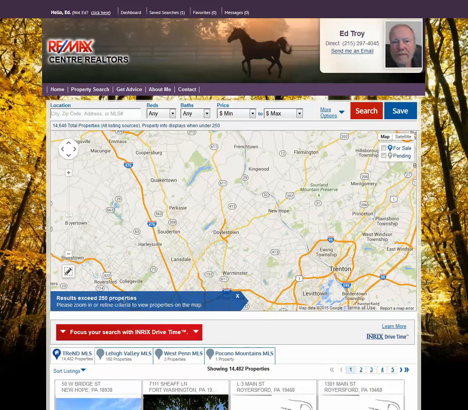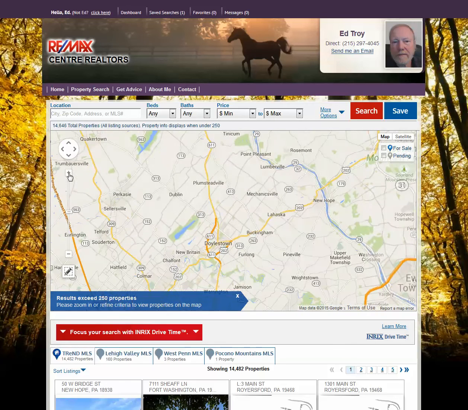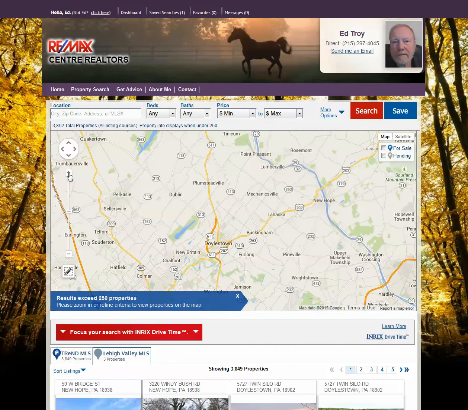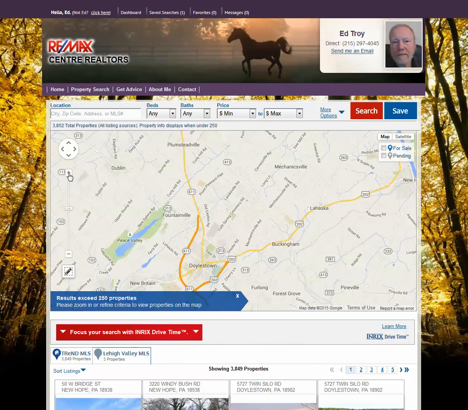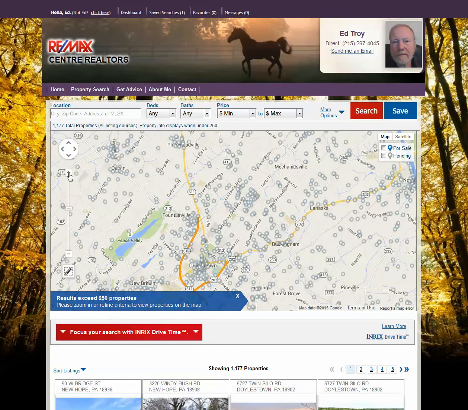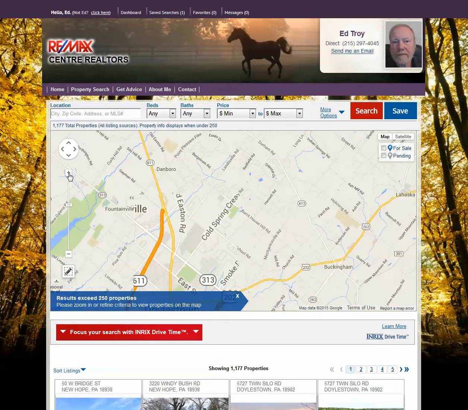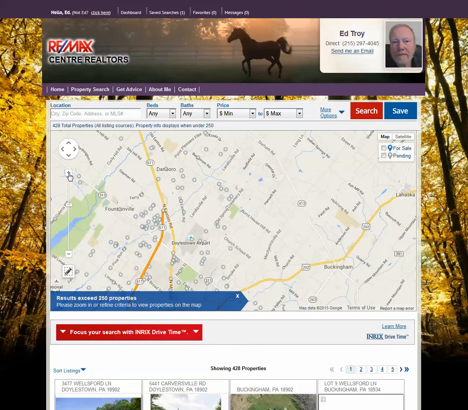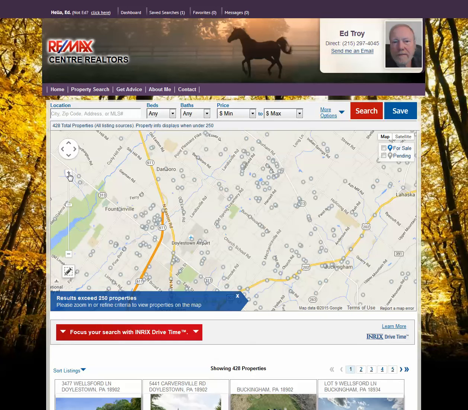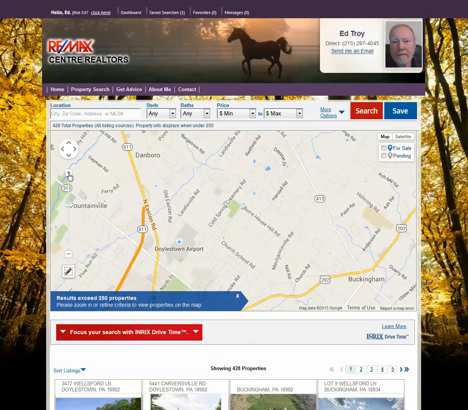And you can see it comes up with more than 250 properties, and that's because we didn't make any search criterion. So basically it's just going to show every single house in this area. Now we can zoom in, and we're still going to have a lot of properties because we're not restricting anything. We can zoom in a little more, and now you can see all the properties that are for sale, all those little circles. We can zoom in again, and we still have a huge number of properties, more than 250 properties. We can zoom in again,